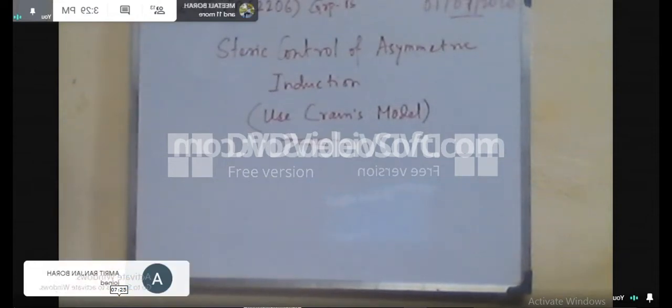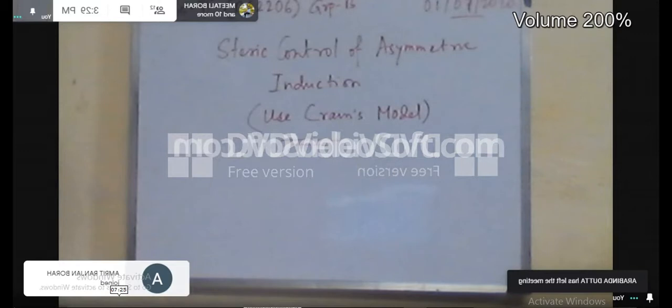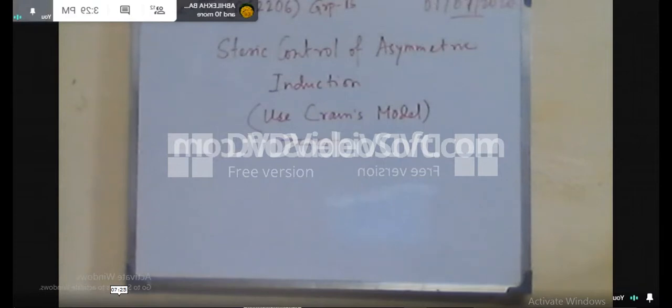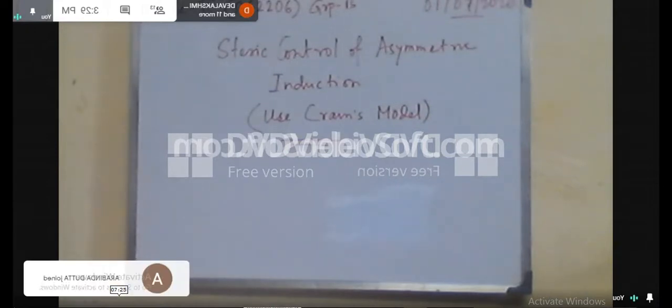In Cram's model, when we use it, in this case, the chiral center must be present in the molecular backbone. Okay. In our syllabus, this is basically the metal hydride reduction of the carbonyl system, and we can show some examples in some chiral carbonyl compounds by using the metal hydride and using the Cram's model. Now in the Cram's model,